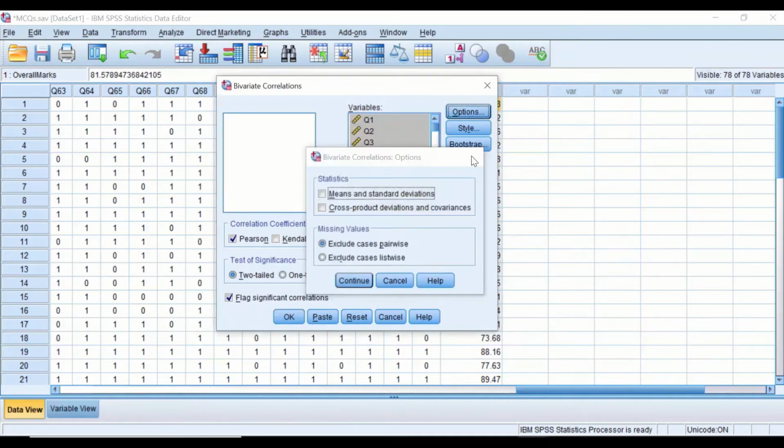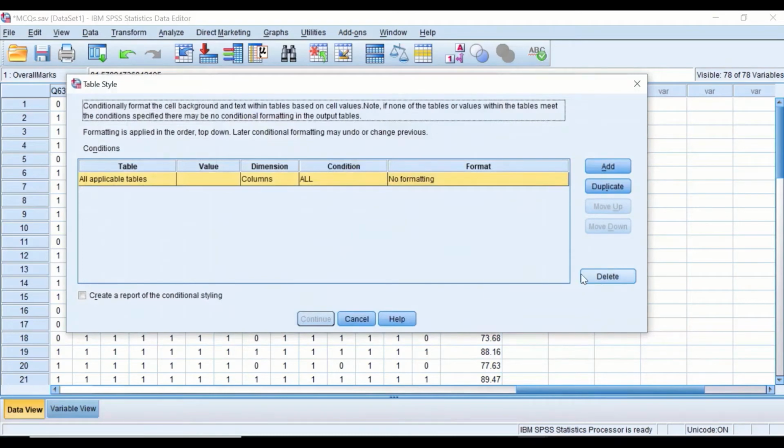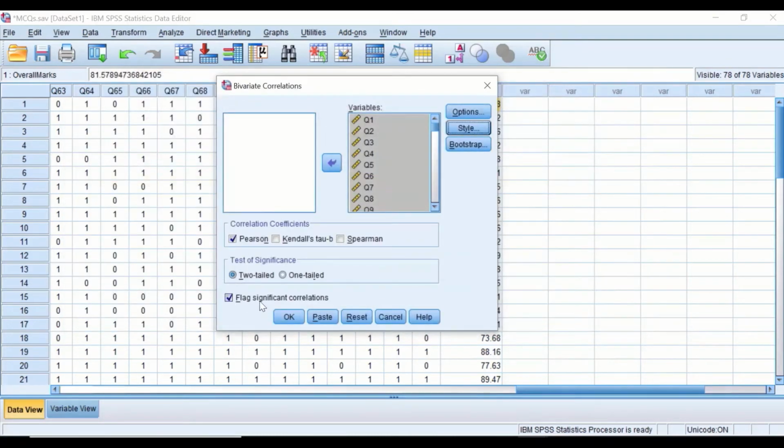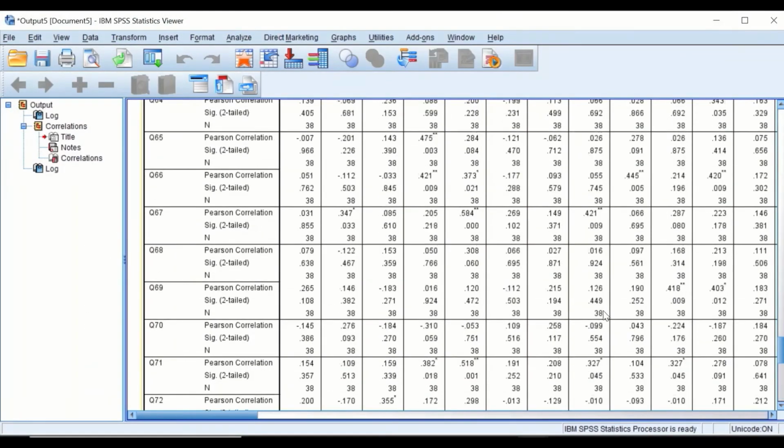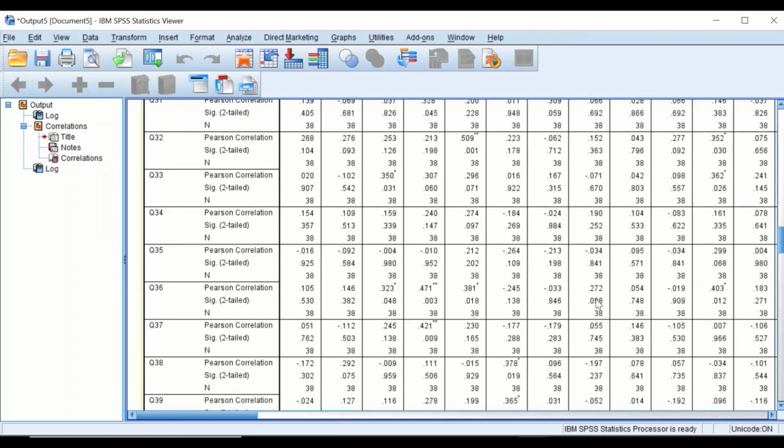And we're not going to change anything here, keep it as it is, but we make sure that we use the Pearson correlation coefficient test here, as the point biserial correlation coefficient is based on the Pearson correlation coefficient. If we click on OK, SPSS will generate a correlation matrix